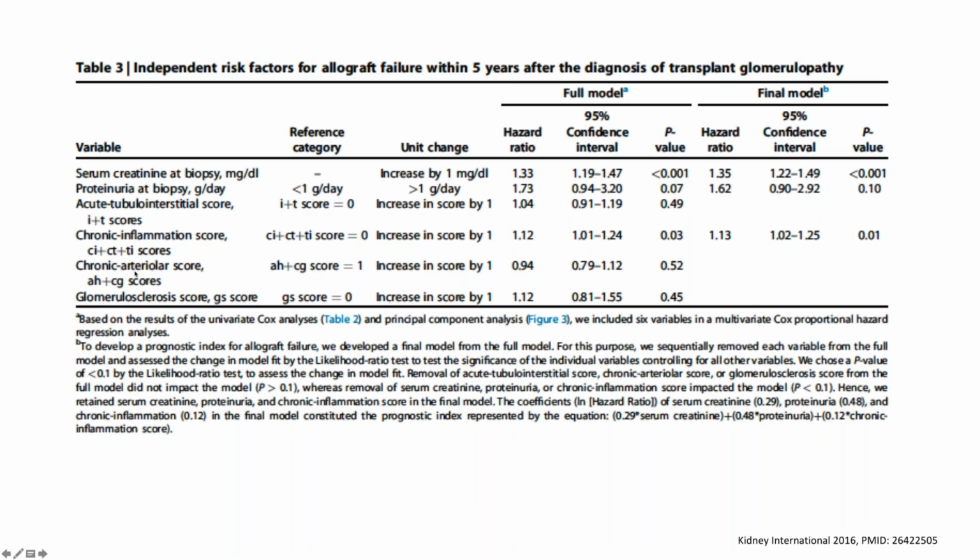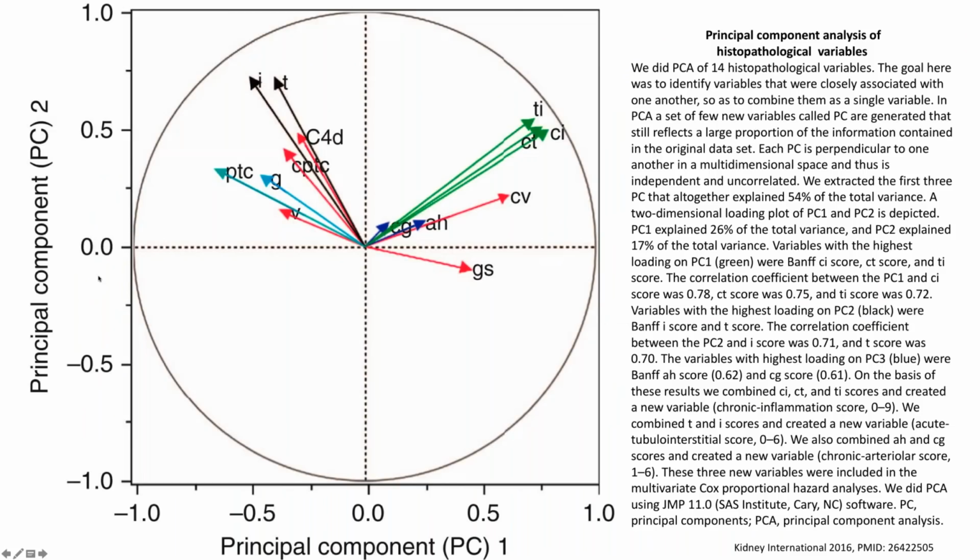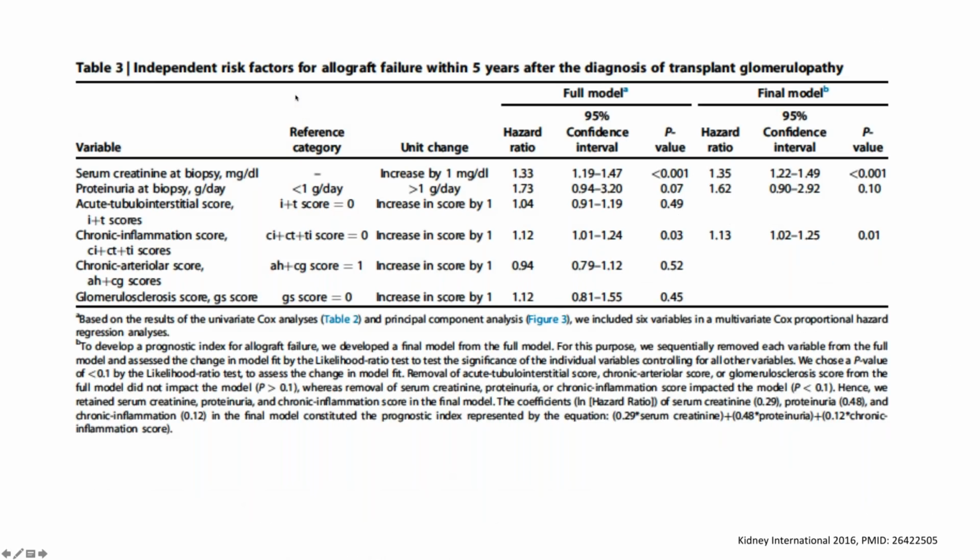And then we created a chronic arteriolar score, where we added ah and cg scores together. You can see here that this is ah and this blue is cg. They are close together. These three were all made into one, and this was made into one, and this was made into one. So when we combined like that and looked at the independent risk factors by a Cox regression,